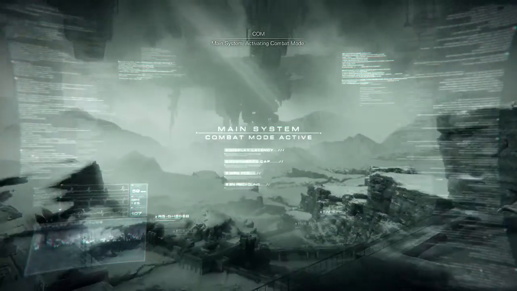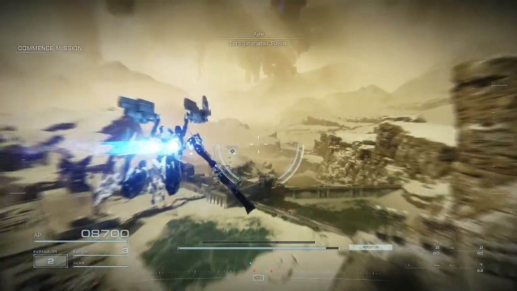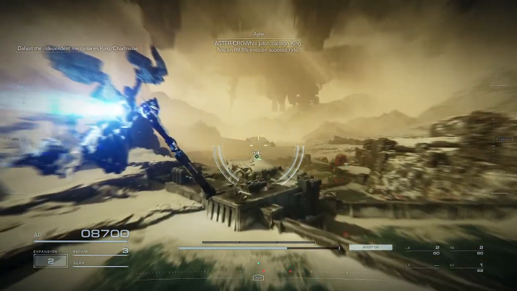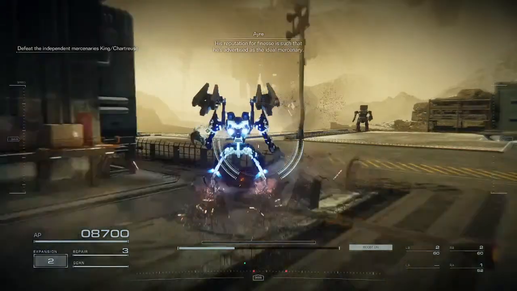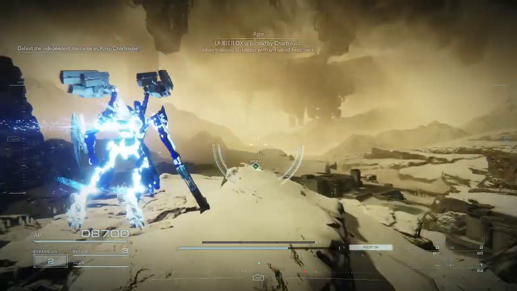Main system activating combat mode. Let's get started. Astrocrown's pilot, Callsign King, has an 89.6% mission success rate. His reputation for finesse is such that he's advertised as the ideal mercenary. Anthrax is piloted by Chartreuse, an aggressive...